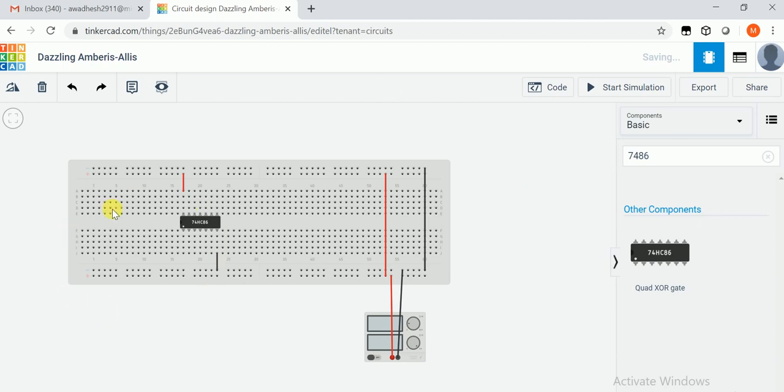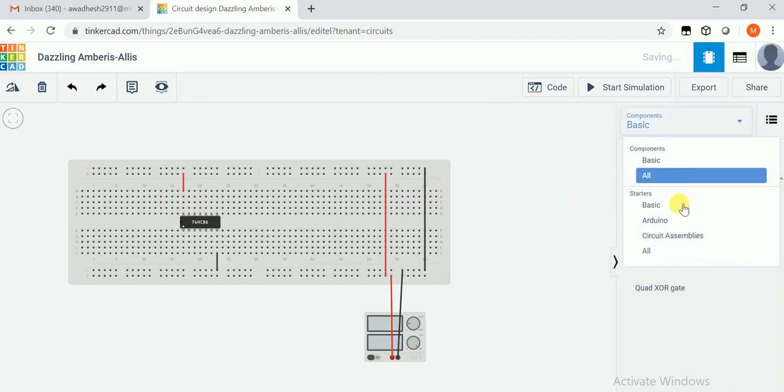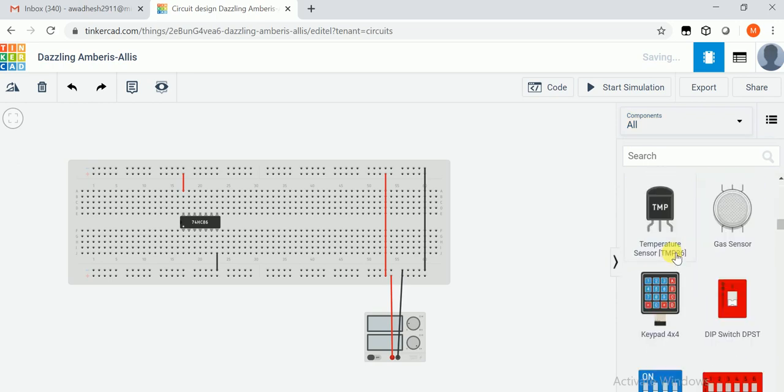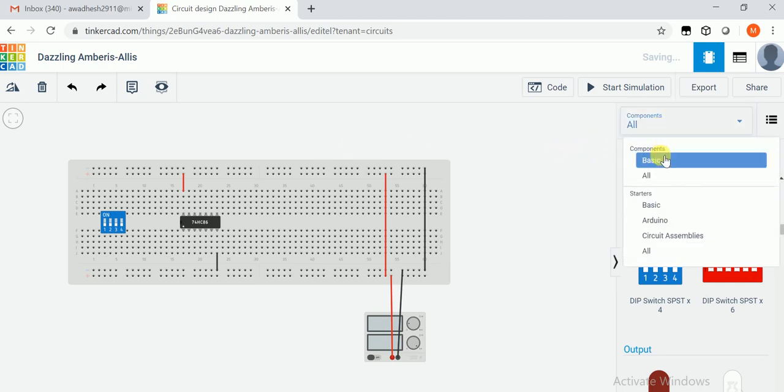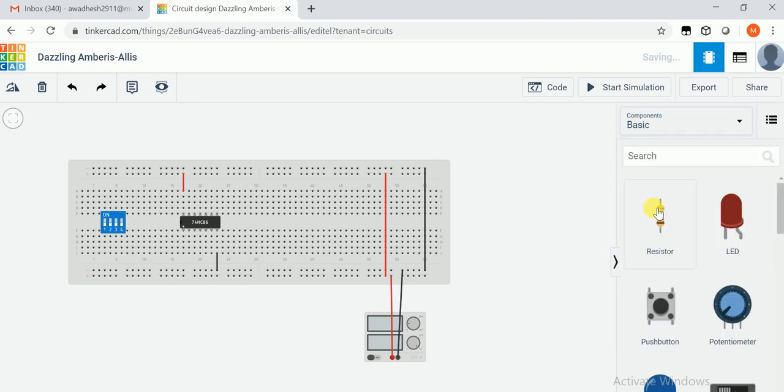Now what we need is, again we need a switch. So we will again go to the all section. We can find the SPST switch. Connect this switch here. Now what we require is 2 resistors. Come to the basic part.